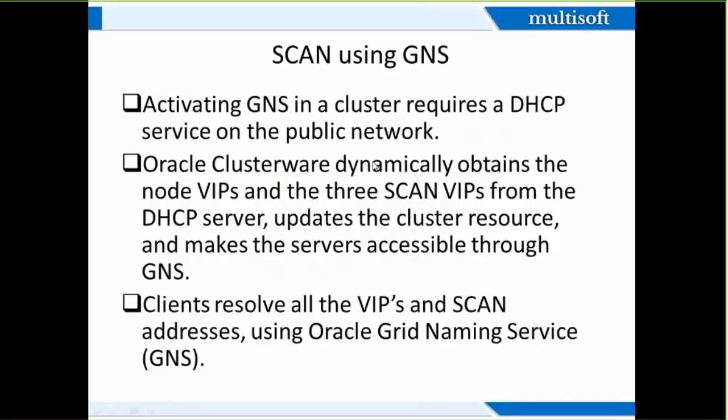Next thing is scan using DNS. Now, what happens? Suppose you are going to add another node to the cluster. What you need to do? You just have to maintain that information in DNS as well, and that DNS is managed by the network guys. So you need to contact the network guys, right? And all the information, all the VIPs, has to be maintained by the network guys,